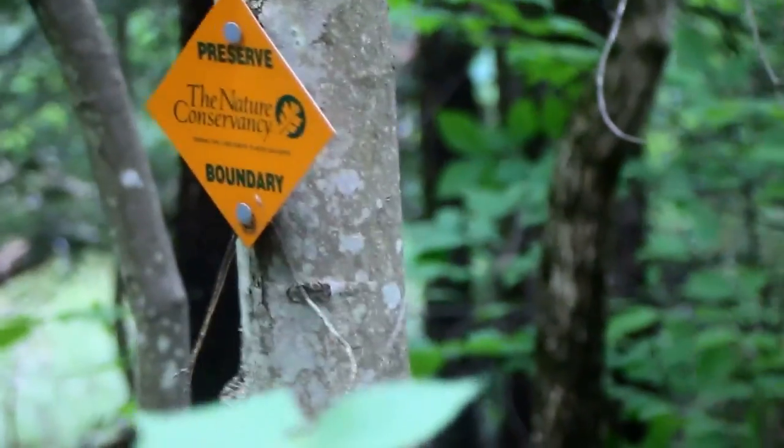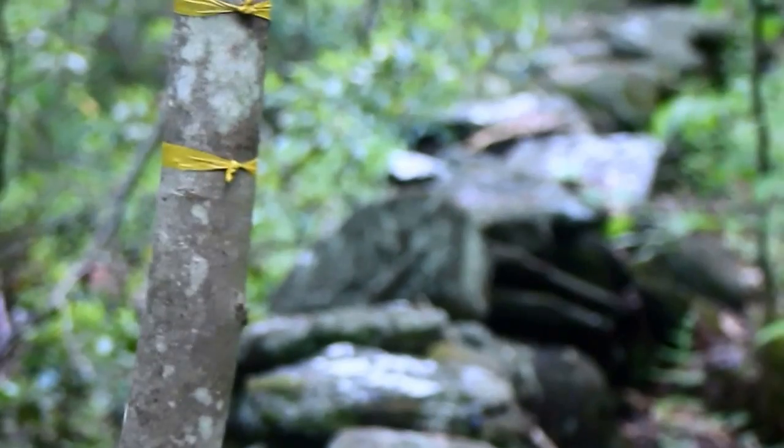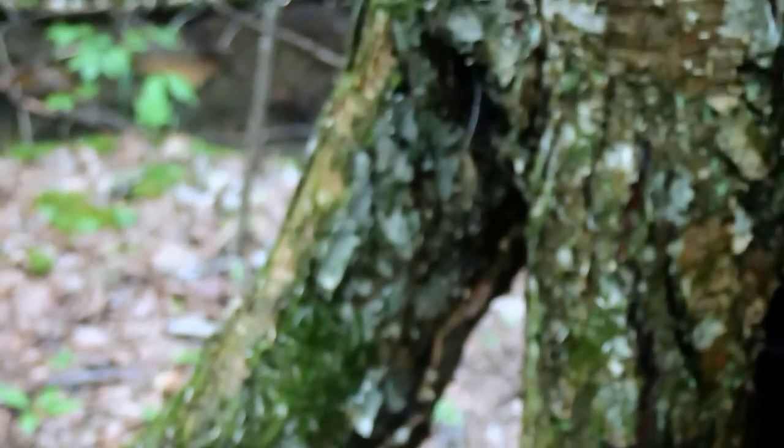And there's the sign for the Nature Conservancy. We're at one of the borders. If you go straight back that way and then curve over this way, this part of the rocks are basically the marking between my line on the right and there on the left. Cool neighbors. All right. I came down that path that went through where I want to put the trellis up, the break in the stone wall, and